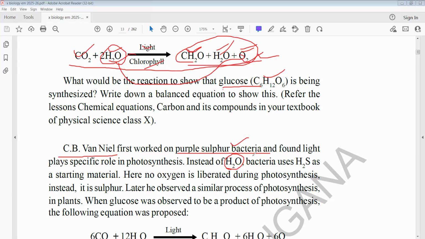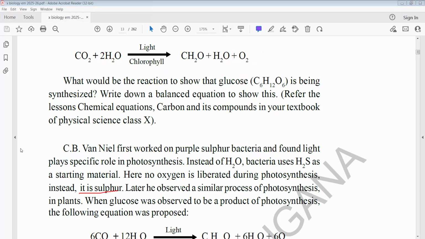So he conducted the experiment by taking the purple sulfur bacteria, and he gave the conclusion. Because he used the purple sulfur bacteria, instead of oxygen the product liberated is sulfur. So this is important about scientists at examination level, especially for choose the correct answers. So next, let us go to the